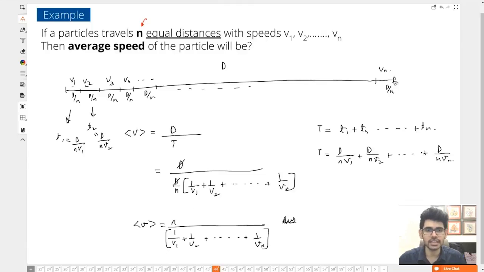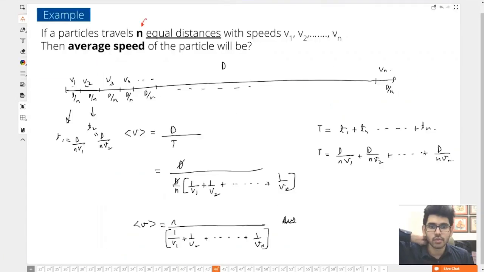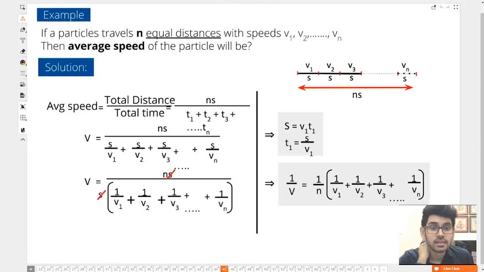Did everyone follow, for any generic time? Okay, so Sam wanted to go back to this equation. Some of you wanted to see this, so quickly take a picture of this. Okay, I'm going back. Yes, I think this is what we did. Just a minute. Yeah, this is right, because this is 1 by V. We found V, so 1 by V will be this. No need to memorize it. Anytime you get it, do it on the spot. Please don't memorize it.